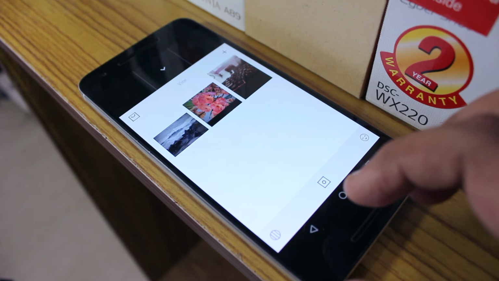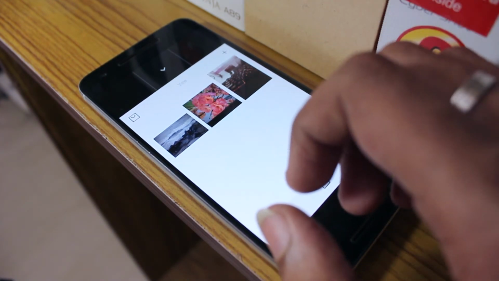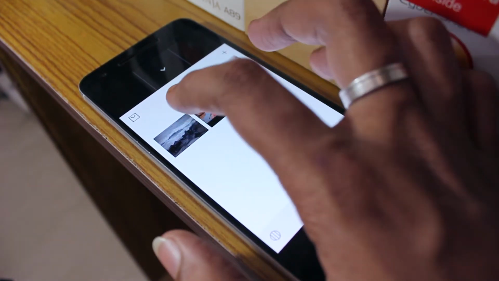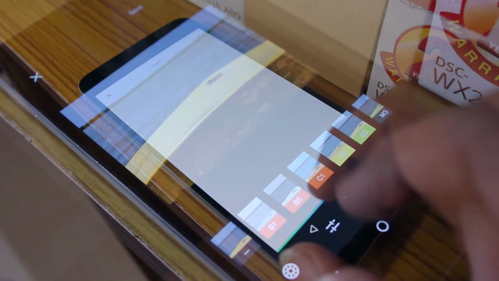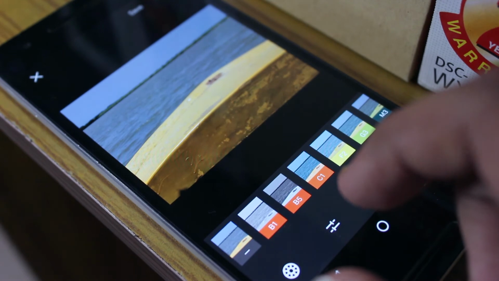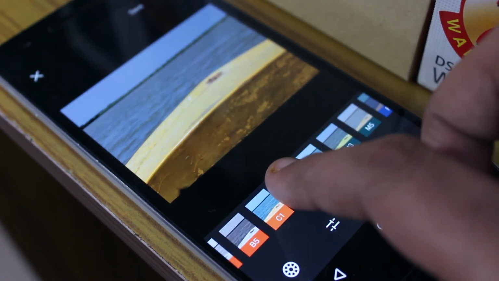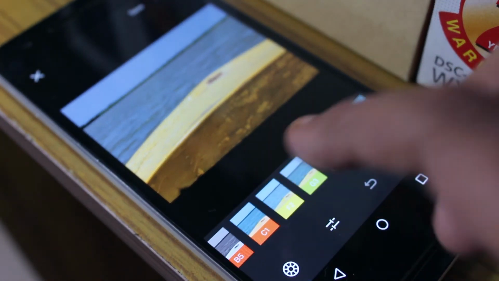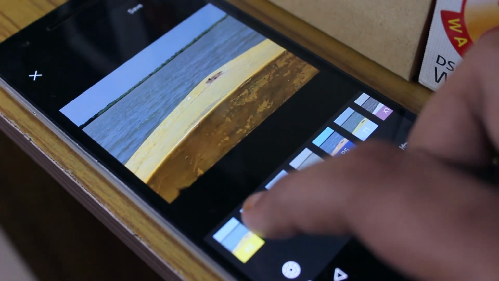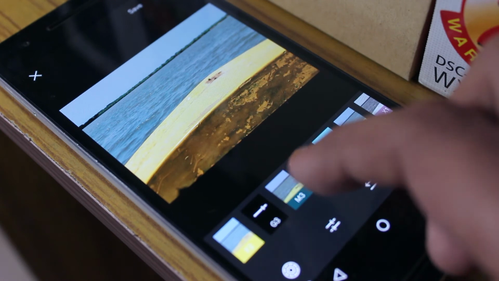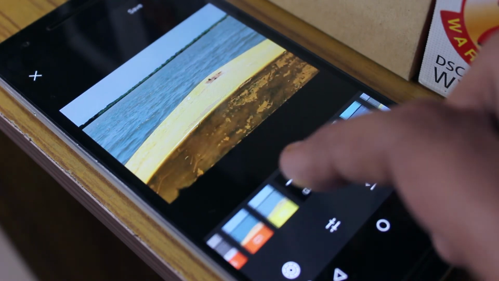So why have I added this app to my list? Well, here's the answer. This app has all the enhancement options like the other ones, but it is completely suitable for filter heads. If you just need to apply filters to your images, then you can go for this one. This has almost all the necessary filters inside it, and they can be added in just a single tap. Even if you want to add other enhancements to your image, that can be done,